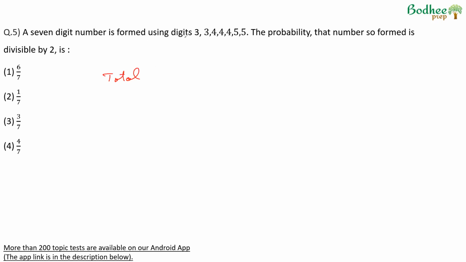7-digit number. So we have to arrange 7 digits, out of which 2 are same, 3 are same, 2 are same. So total arrangements will be 7 factorial upon 2 factorial, 3 factorial, 2 factorial. Favorable cases,